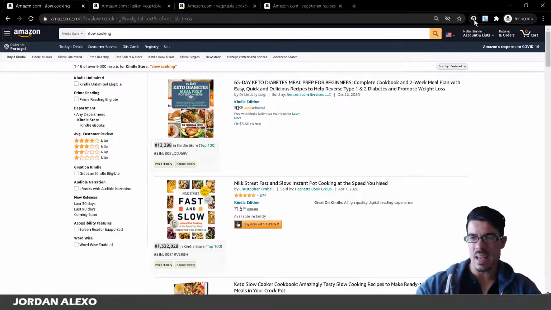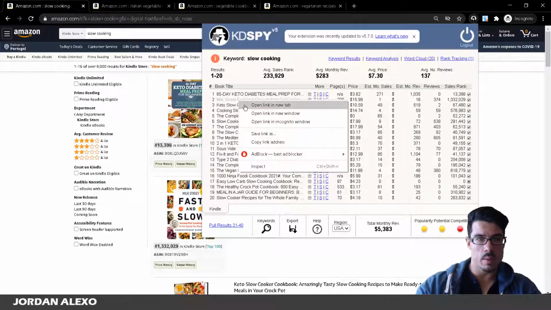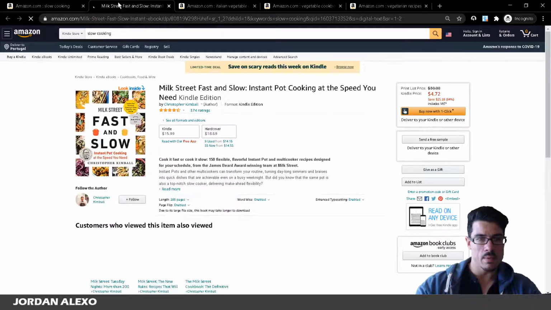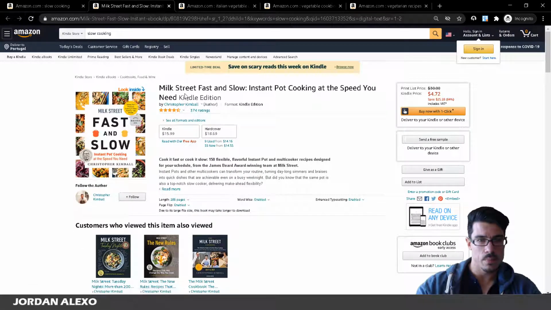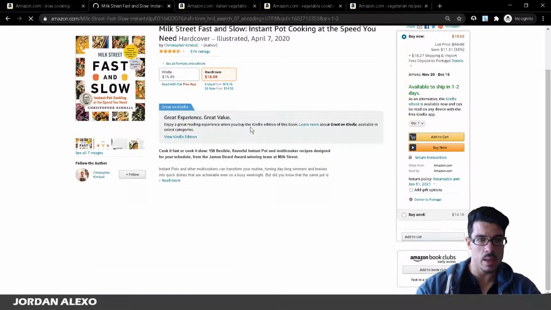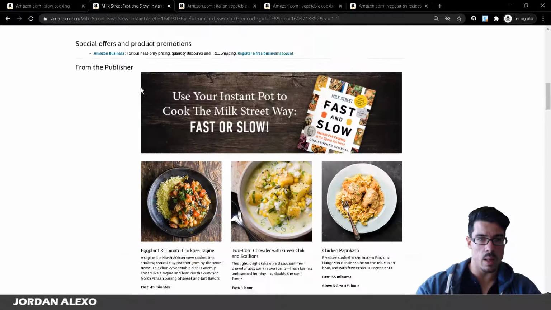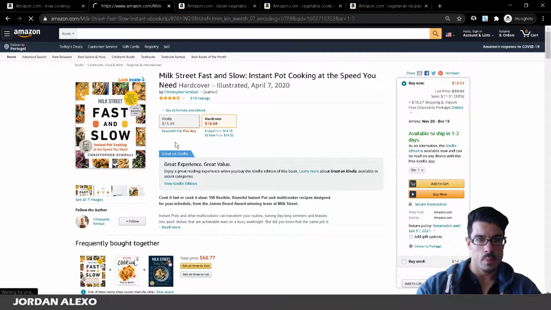Slow cooking. I'm guessing this is a very profitable keyword, okay? Based on my experience. Okay, let's check over here this one because it seems like it's kind of screwing the sales rank for some reason. I'm not sure why. I guess it's due to the price over here and people are just going and purchasing the hardcover. As you can see, the hardcover is selling extremely well, and this is due to the fact that, okay,